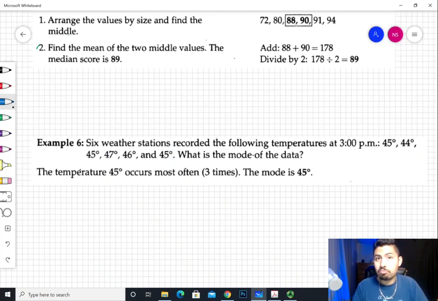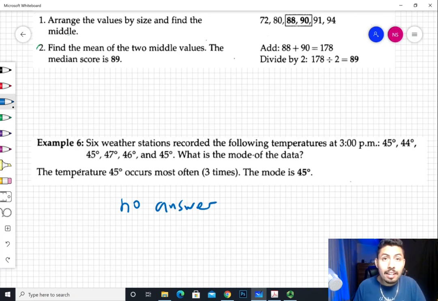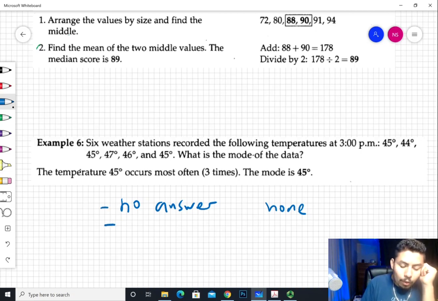The mode is the one that could have no answer, as in if no number repeated itself. What's the mode? There is none. The answer would literally be none. You'll see that option on your multiple choice options, right? Not only could it have no answer, it could have more than one. It could obviously have one answer, like in this example, but it could also have